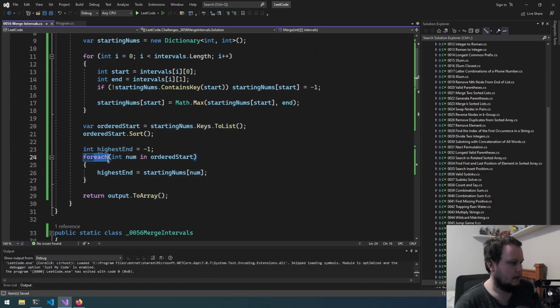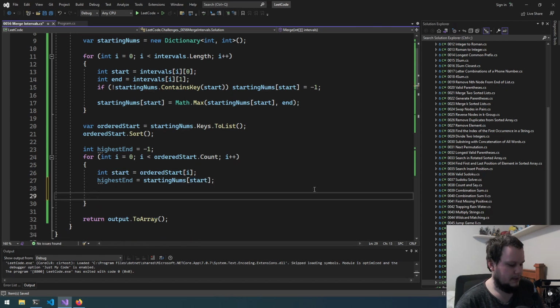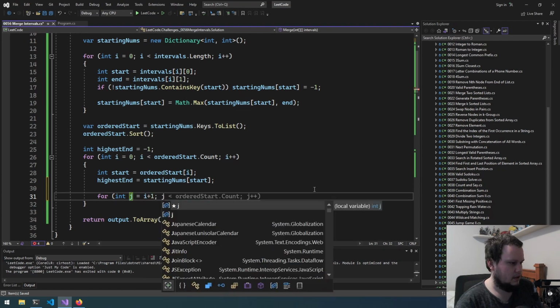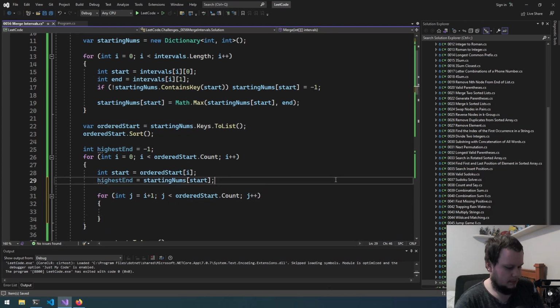Actually, there should be another for loop because we need to return to an index in there. So we'll do that. We've got the highest end. We would then do for int j equals i plus 1, j is less than that, j++. We will also,